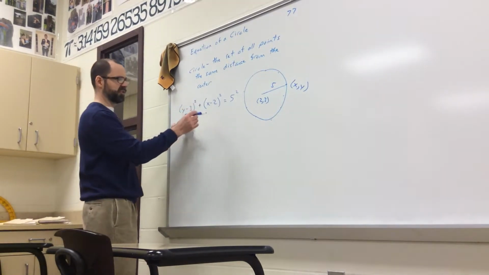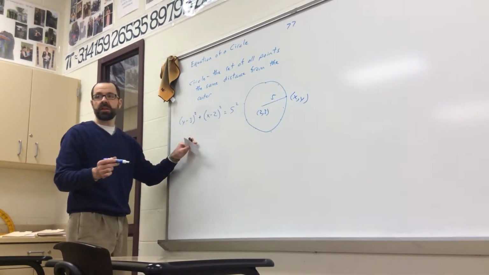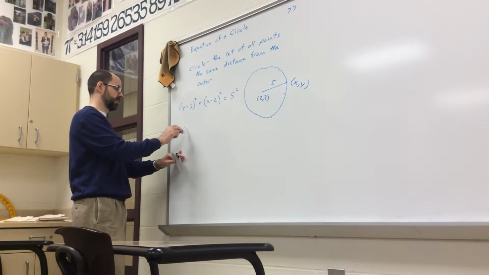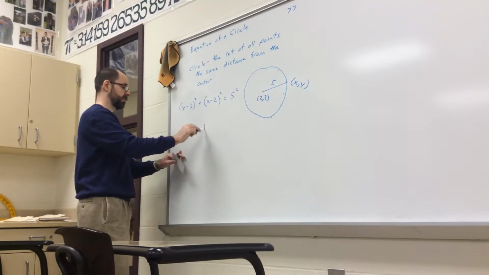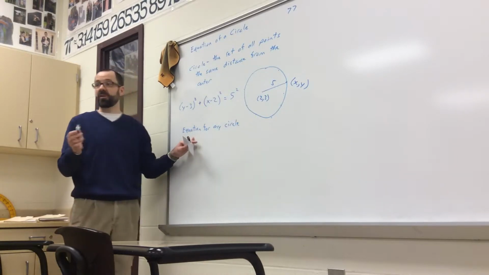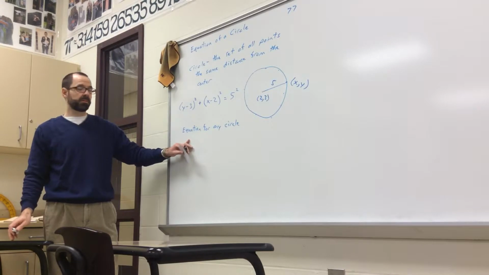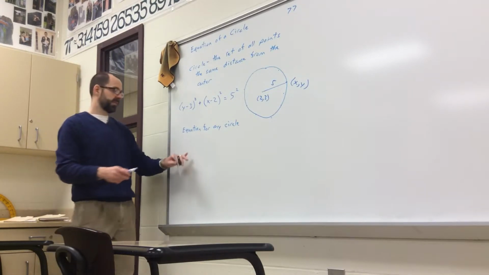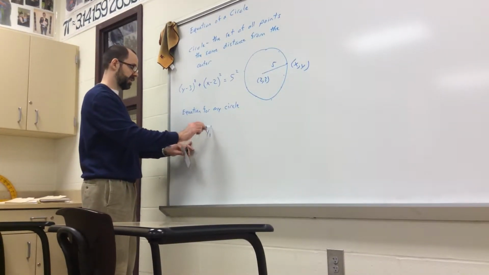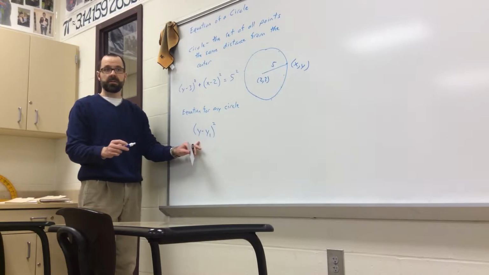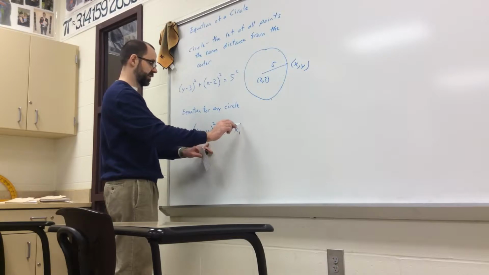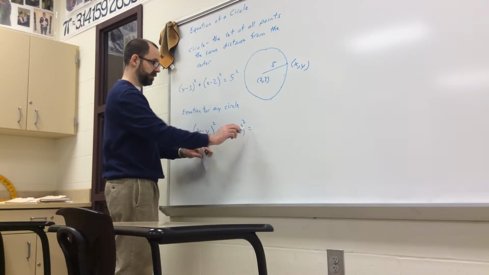Okay, but this equation is just for this circle. And I want it to work for any circle. So what I'm about to write is the equation for any circle. So the way that goes is it's y minus y1 squared plus x minus x1 squared equals